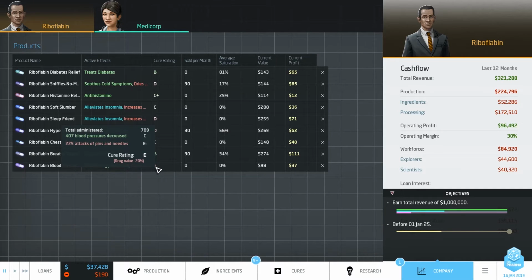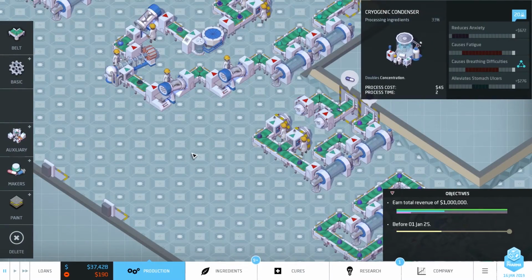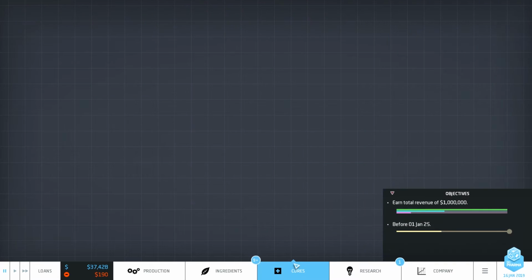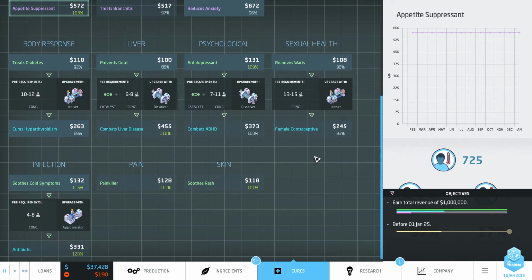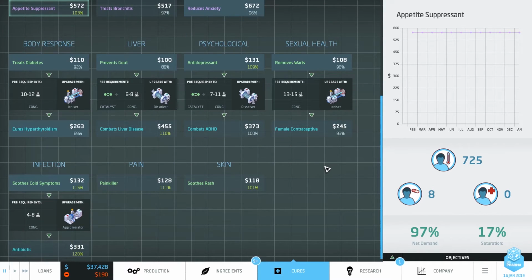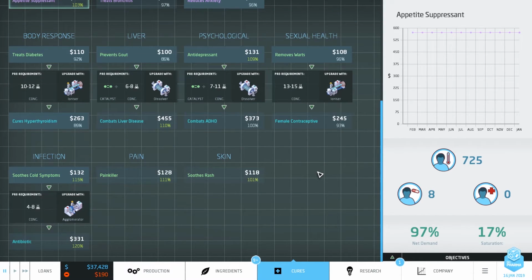What does that mean for me? Well, interestingly enough, that drug value sucks. What is that? Riboflavin blood pressure, buddy. Interesting. Causes attacks of pins and needles. Yeah, I probably should have tried to process that out. But basically, you can roleplay to a certain degree that you don't really care about being moral or anything like that. You just want cash. And some of the objectives in the game,